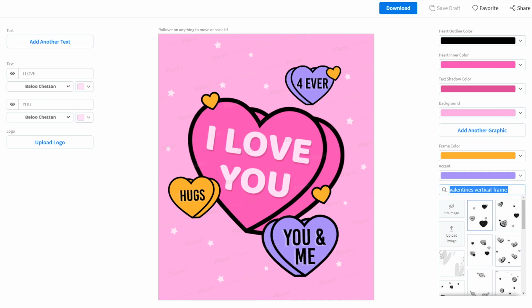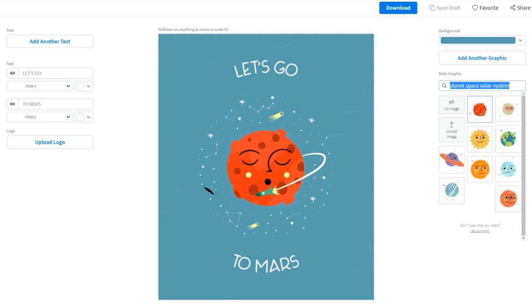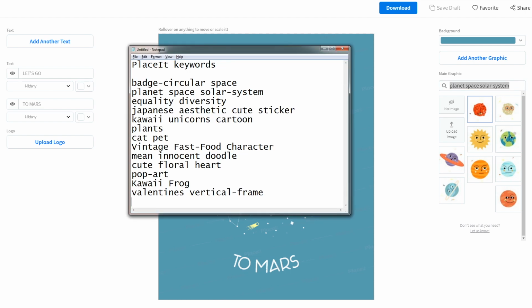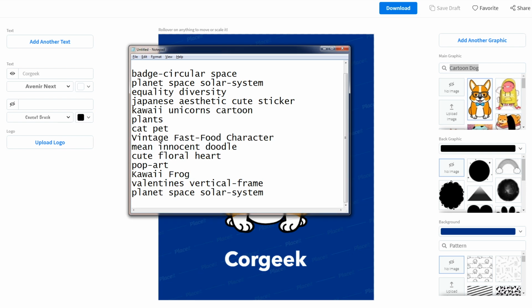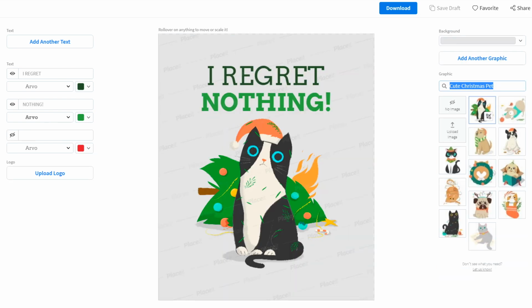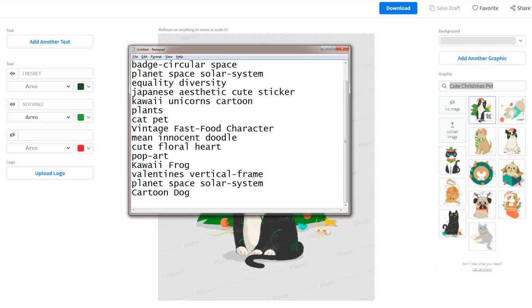to make unique designs. The market demand for designs is constantly changing, so you want to be able to react in time to cash in on rising trends or seasonal niches. Having a list of useful keywords makes it so much easier and quicker to find great graphics and other elements.